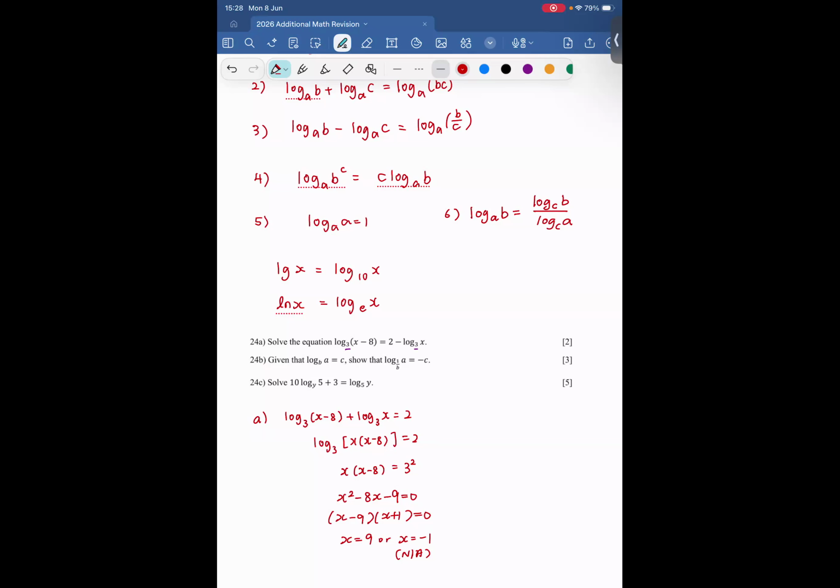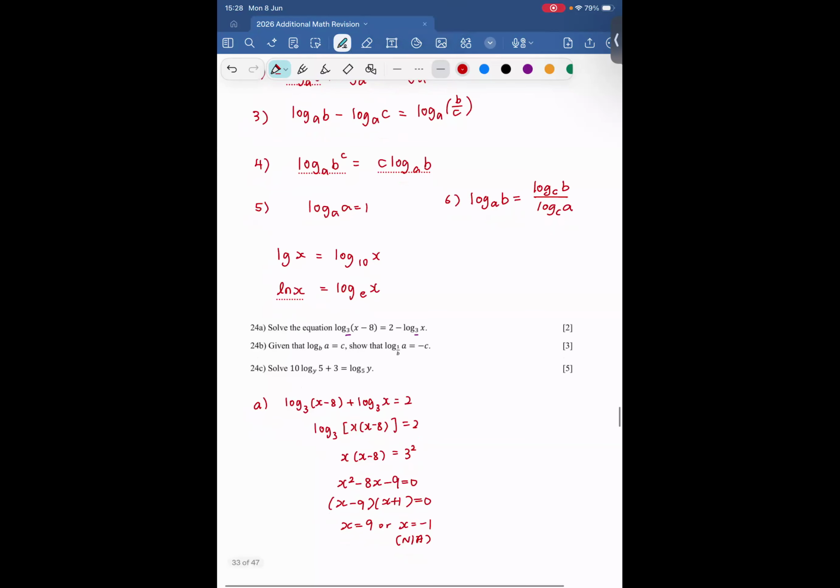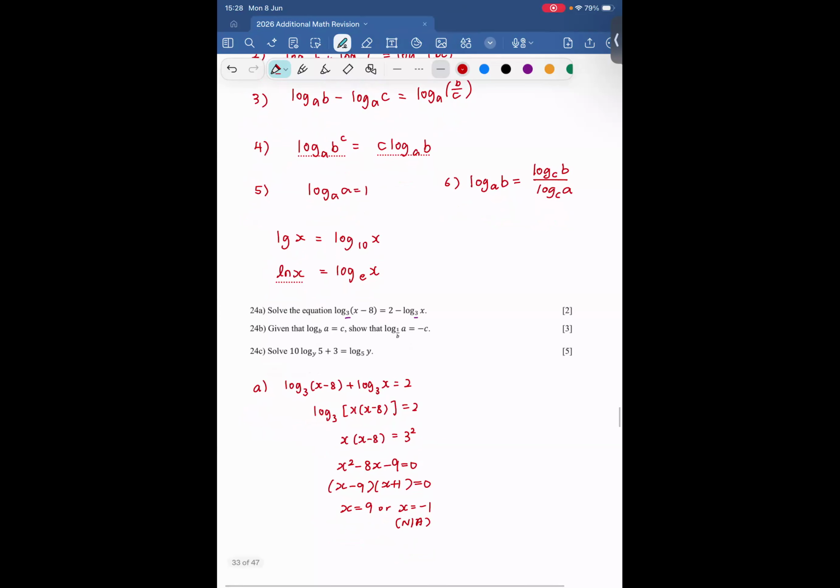If it's not relevant, for example, the question, all the numbers is about 2, then you suddenly change to 156. Doesn't make sense at all. Okay, so the C that you choose must be somewhat relevant to what you have or what the question wants you to find. Okay, so part B, given that this,